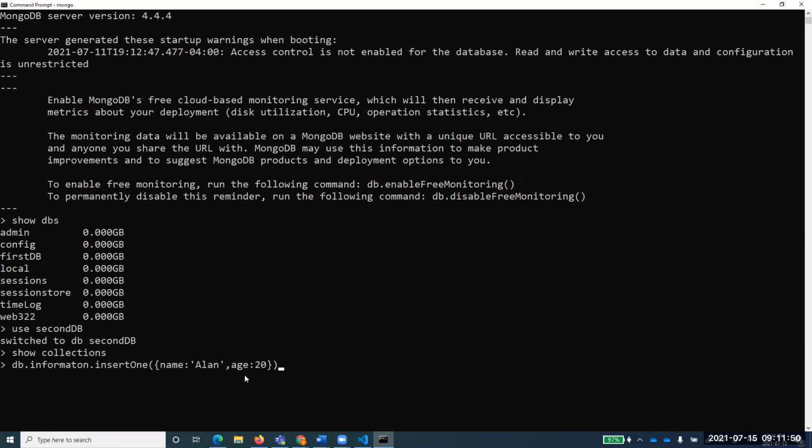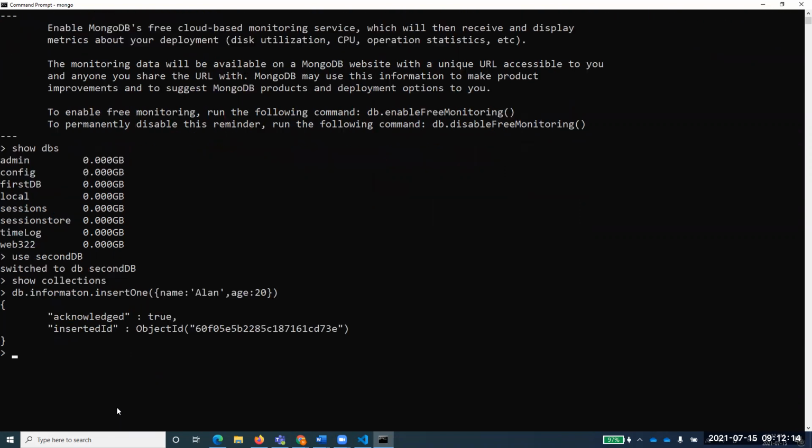What I'm doing now in this one step, there are 3 things happening. There was no collection, there was no table in my database second DB. Now I'm creating that collection, and it's basically doing that for us. This will create that and insert one record into it. You enter and it says acknowledged is equal to true, inserted object ID. This is something that we have not added, but this is something through which MongoDB will recognize what that record is particularly. We don't need to remember it, we have not created that one. MongoDB itself has created that one for us, and now we have just inserted one record in it.